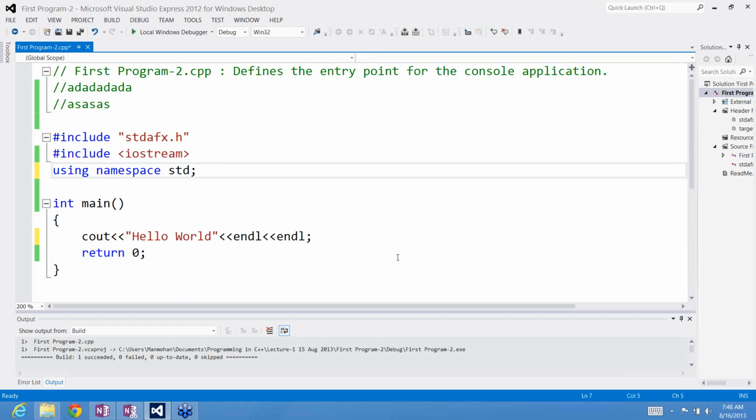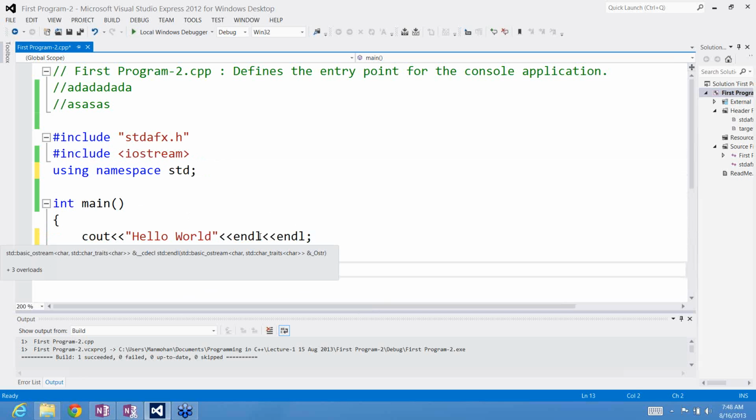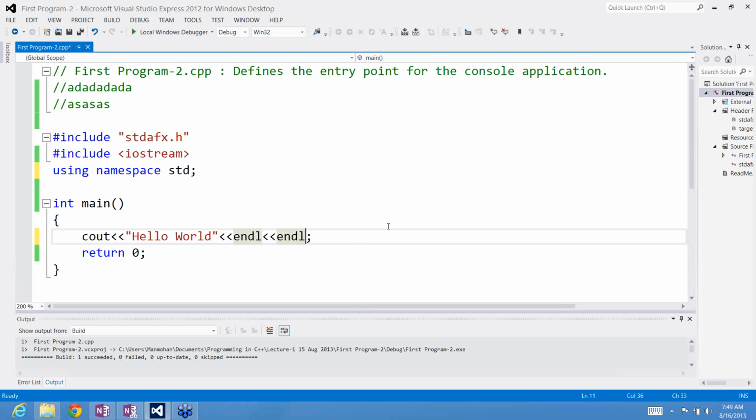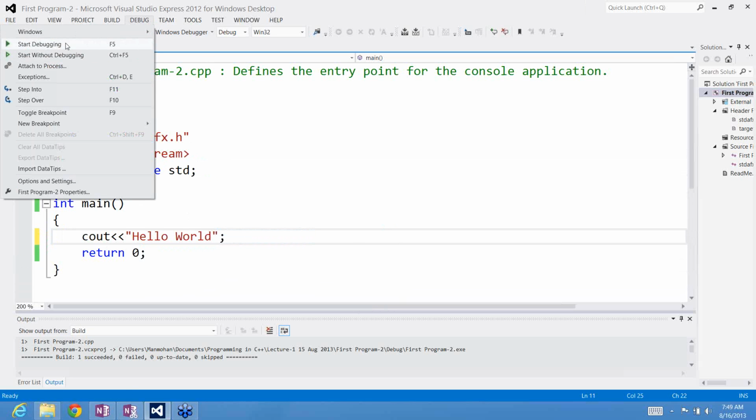All the functions are grouped together, and the name of the group is the namespace. The name of the group is std here, right? So this is the first program we wrote. And if I remove this end of line character just to see how this end of line thing works, if I remove both of them, Control X, and then a semicolon at the last, and if I rerun this program,